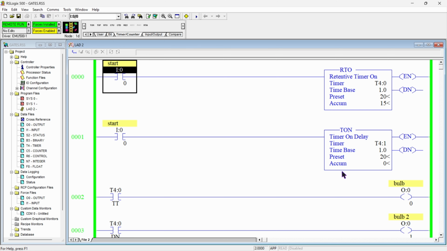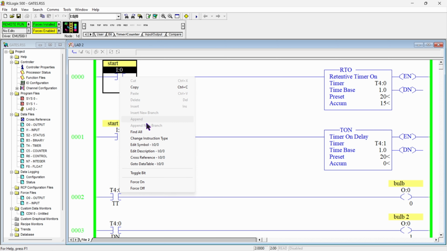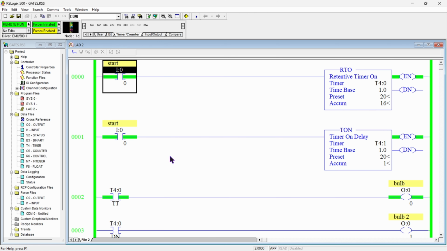bit. So now you can see our T on has reset its accumulator, but our RTO has retained its accumulator value as it is, where I have cut the supply of RTO. So I will just give that supply again, and our RTO will start counting where it has stopped. Like in our case, it has stopped on 15 seconds, so it will start counting from those 15 seconds to 20 seconds. And as soon as it reaches the 20 seconds, the done bit will energize and timer timing bit